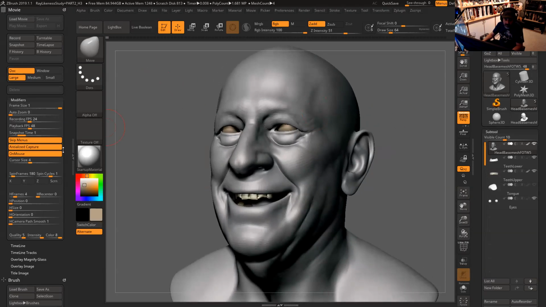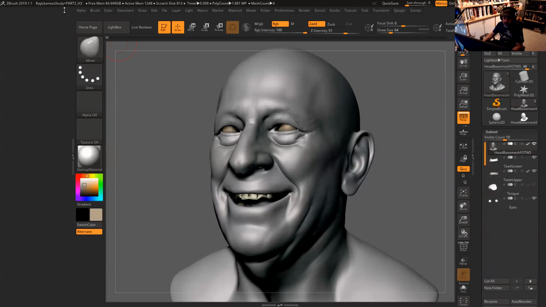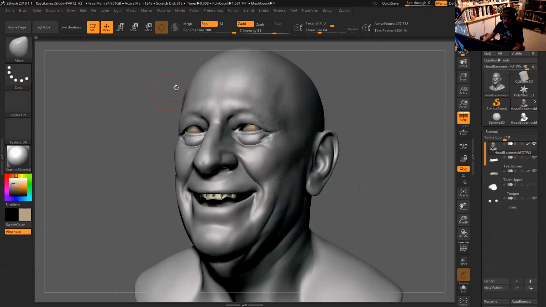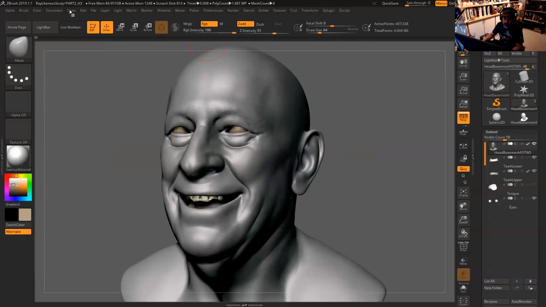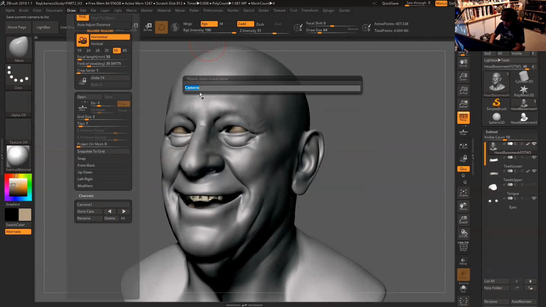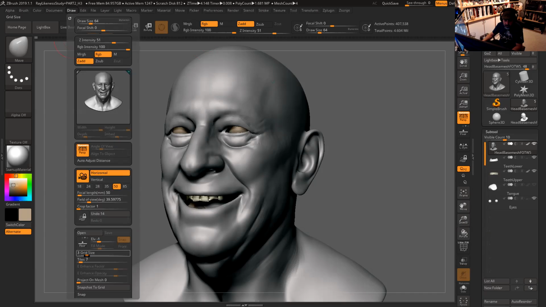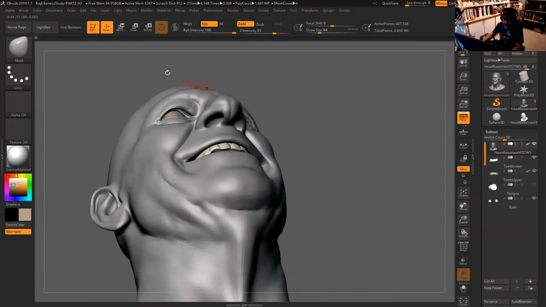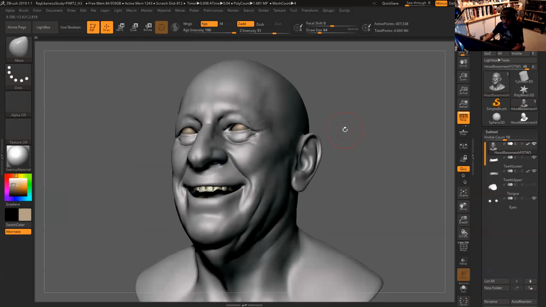So if you have all those things set like that, the next step is to actually save the camera, which is a really cool thing that this new ZBrush has. So for example, here, ZBrush now, if you save the camera, let's say I pick a position like that, and you're gonna go to your Draw, and you're just gonna say Store Cam, right? So you're gonna name it here, my cam or whatever you wanna name. And then now, if you go to any position here, you go to Draw, and you press that my cam, it's gonna lock to that position, right?